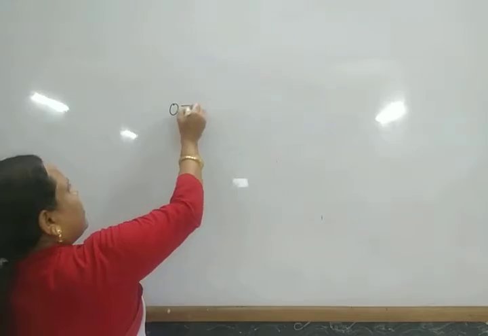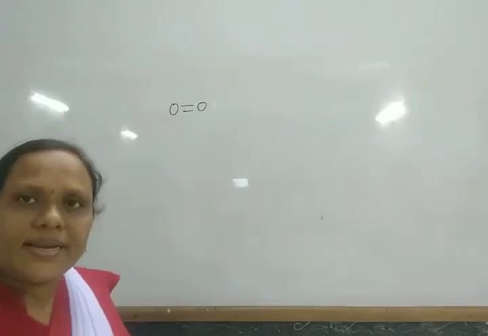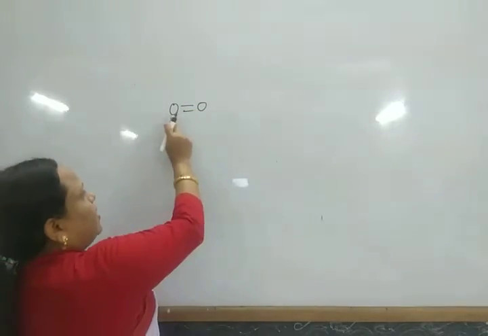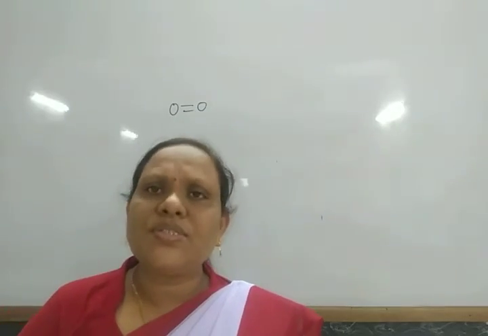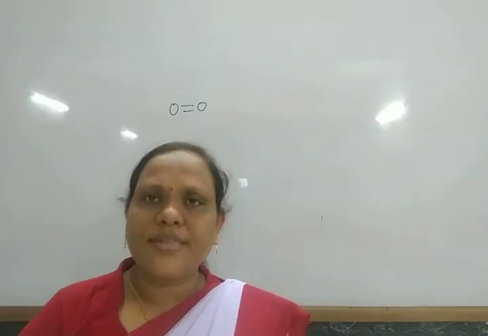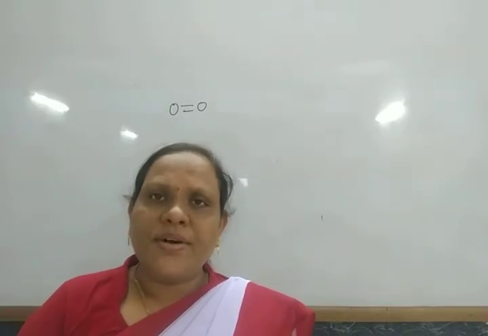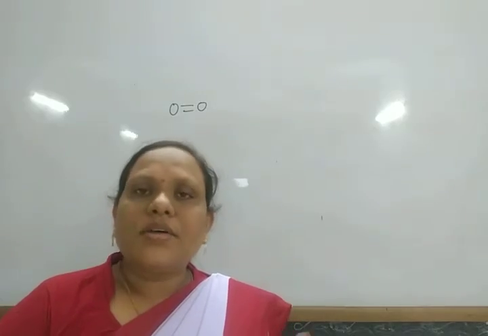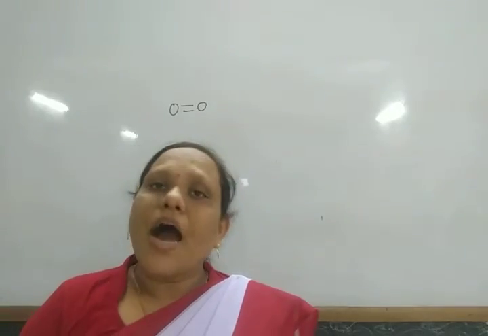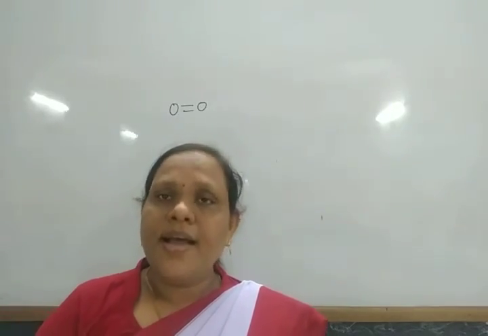So oxygen is paramagnetic in nature, and two bonds are present in the oxygen molecule. In this way, the bond dissociation energy of the oxygen molecule is high. So at room temperature, the oxygen molecule is generally inert. It does not react with other substances. However, when it is heated, then